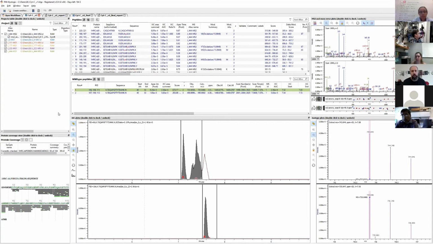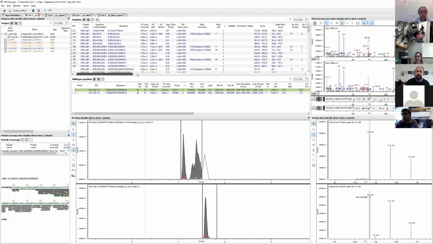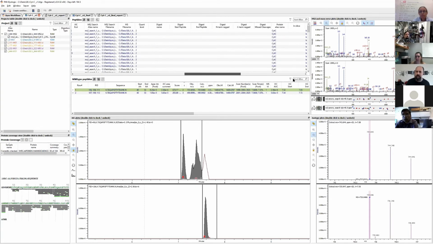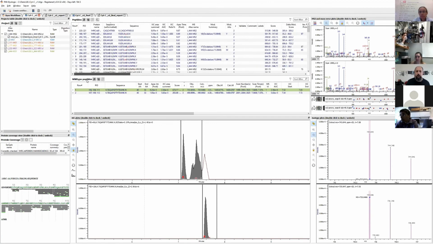Okay, so what we'll see here is a big table of peptides. This is all identified peptides with a lot of information about those peptides. Things are organized by unique peptides, which are defined by sequence, modification, charge state, and sample. Sample meaning the raw data file. Initially, we're not going to see any data coming from the MS1 only files, but only what's in the MS-MS